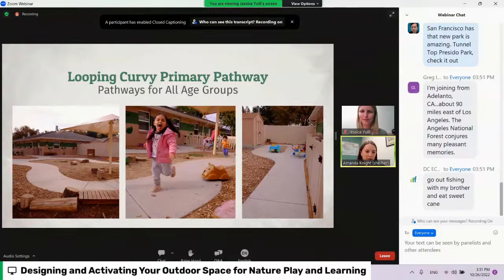So from left to right, we have preschool, toddler, infant. In the preschool space, you can see that pathway's a bit bigger, provides room for wheeled toys like trikes so that friends can ride next to each other, and starts to connect all of those different settings around your space. In the toddler space, still having that room for wheeled toys and running around, still learning how to move at that point. And then in the infant space, while you may not necessarily